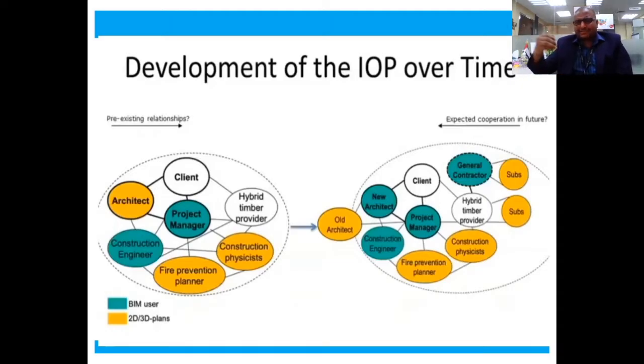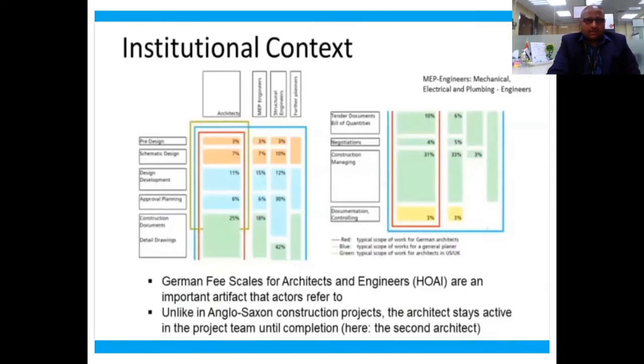But moving on to the next model, when the scope was redefined, what happened? The new architects were also using BIM to analyze or to implement the idea in a much better way. The construction engineers, the project engineers, and also the general contractors were the BIM users, which led to easy collaboration between the projects. The end result was, you can see, the architects playing a vital role till the construction documents,